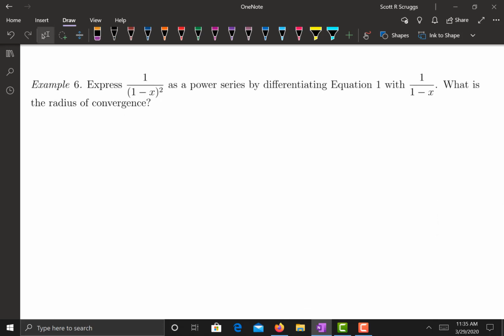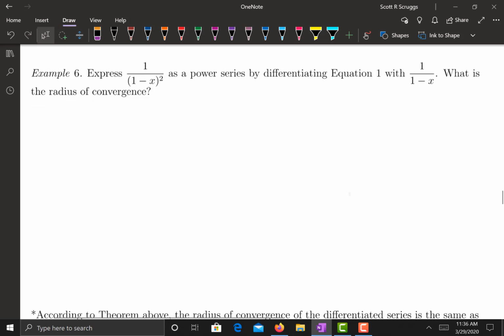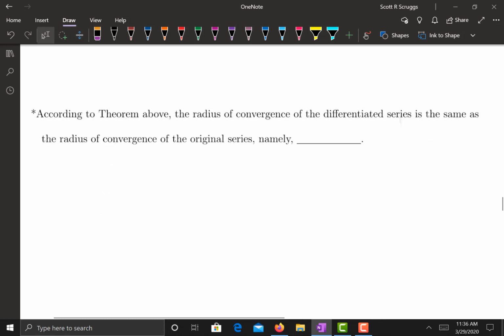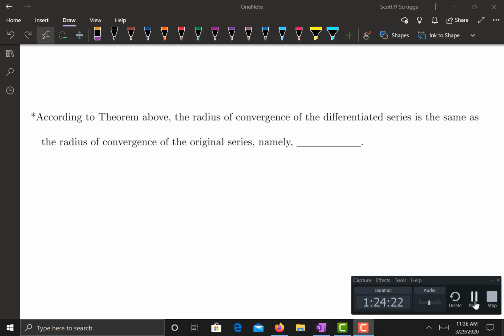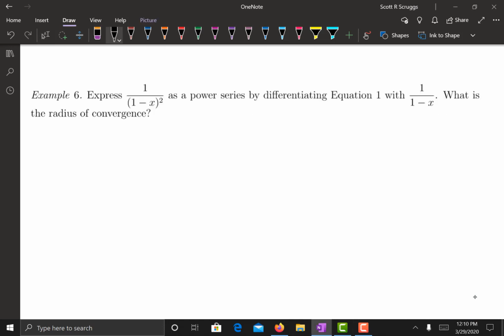Alright, and to end this section off, I'm going to do a couple of examples in which I am working with differentiating and integrating power series. Alright, and let's finish this with an example. So let's express this as a power series, and keep in mind that